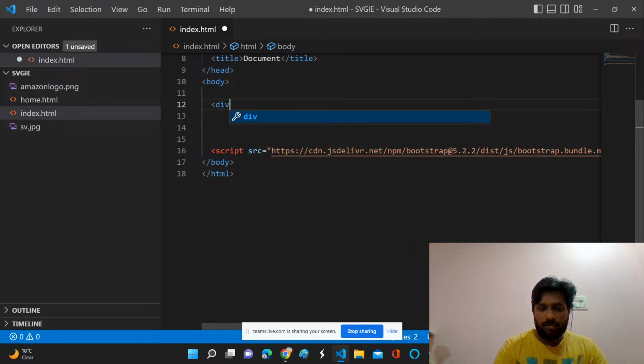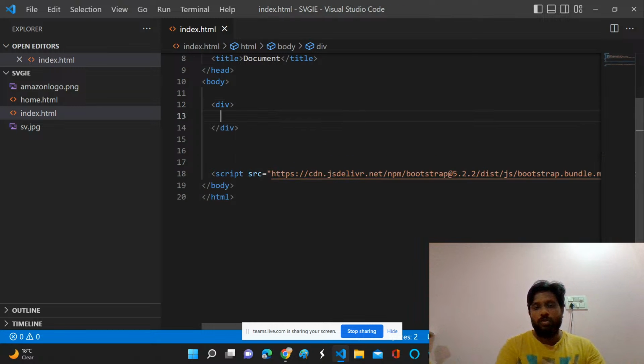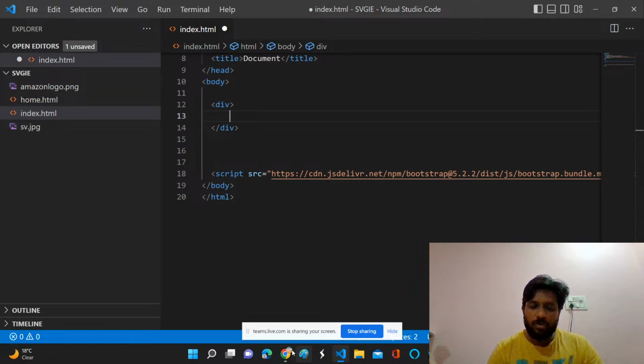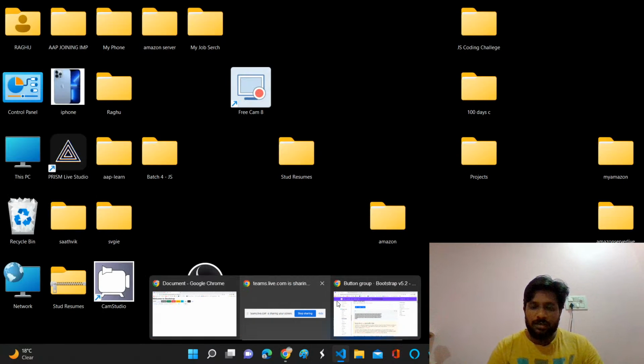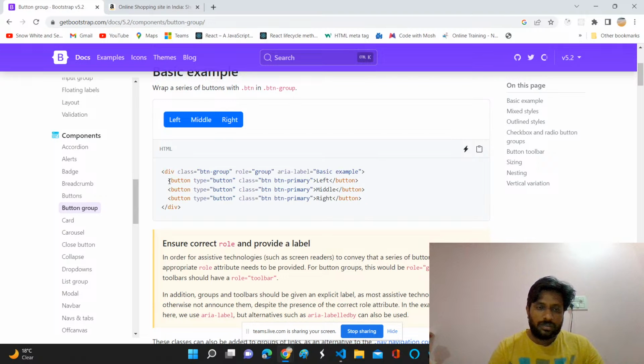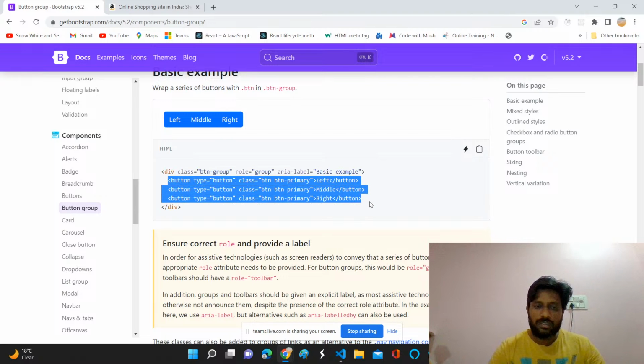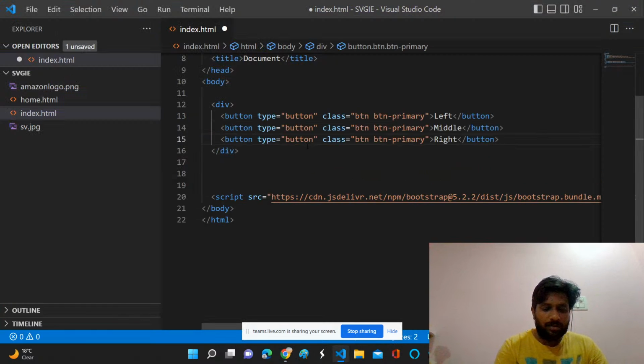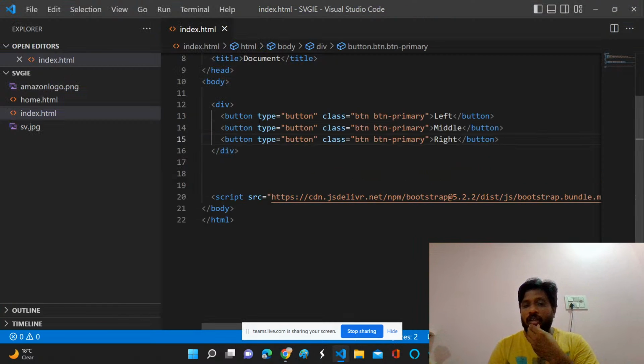Simple. Just take a content, because if you want to group the buttons, you need to add. So take two or three buttons. Okay, so I'm just taking these things. This we already discussed from the last 5 to 10 minutes. It's simple. Even without input type, if you take a button and type a button class, you can